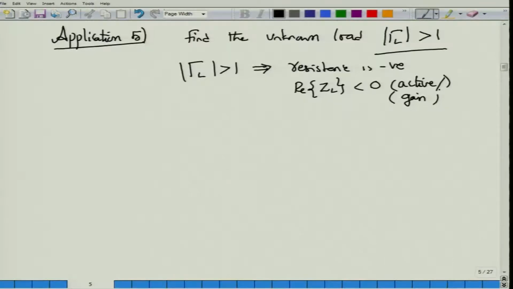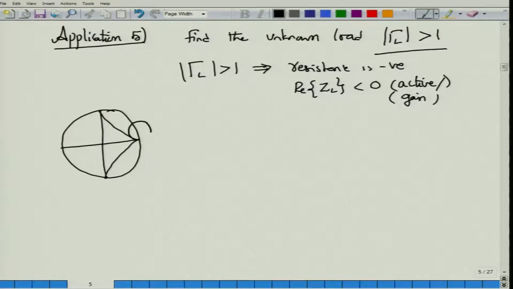How do we find out the impedance? There is one simple way, which is to use what is called the negative resistance chart, which was again developed by Smith himself, okay, and this negative resistance chart actually completes some of these circles. So the arcs that we are drawing, it will complete some of these arcs, and then it will give you the negative resistance circles over here. It does not matter now that your gamma L is at this point. If you find this chart, you will be able to find out what the corresponding impedance is.